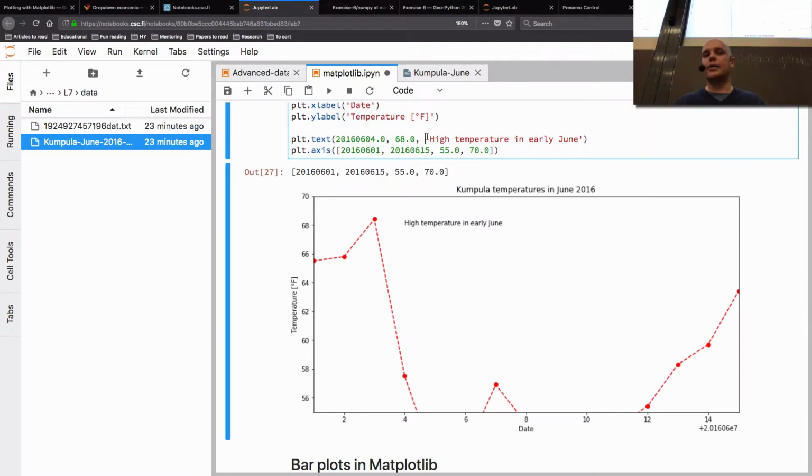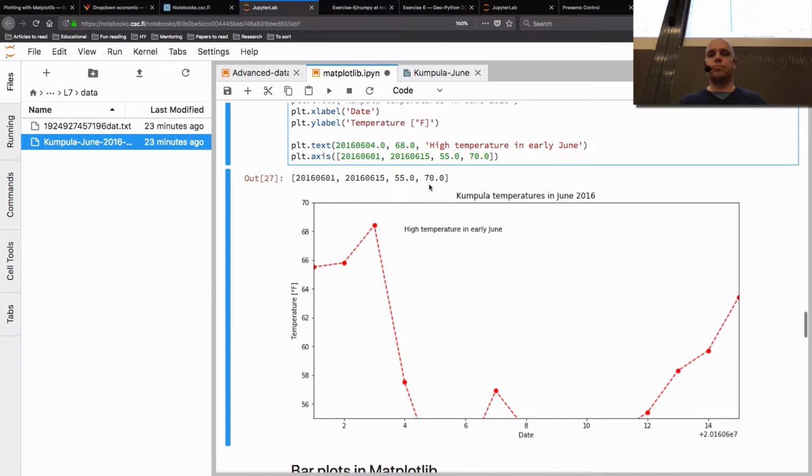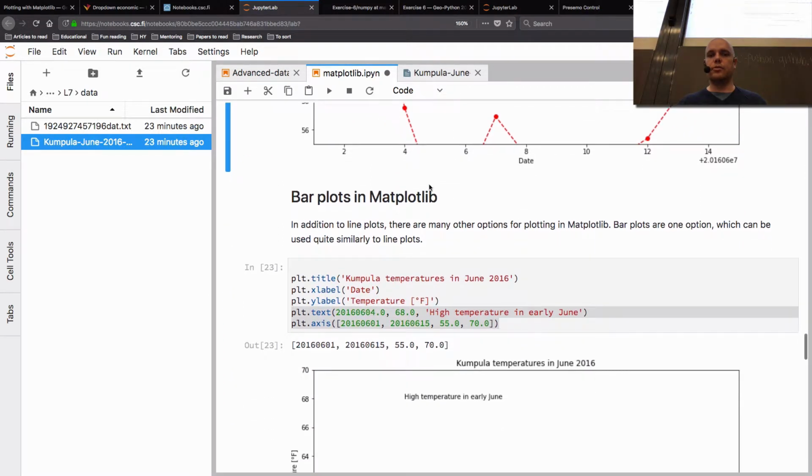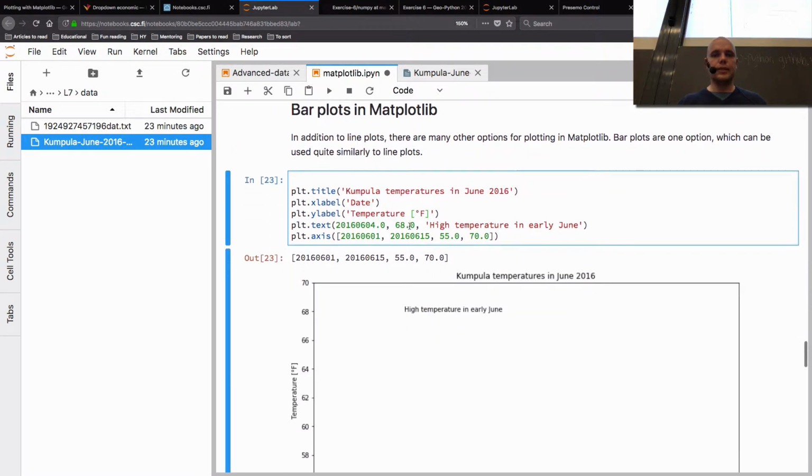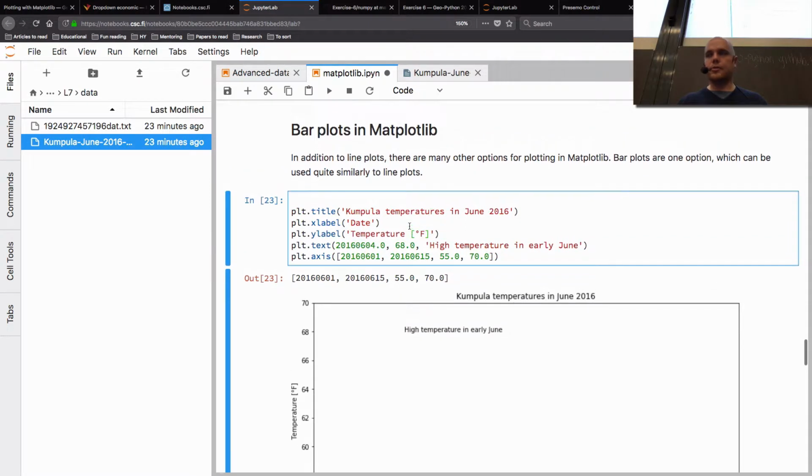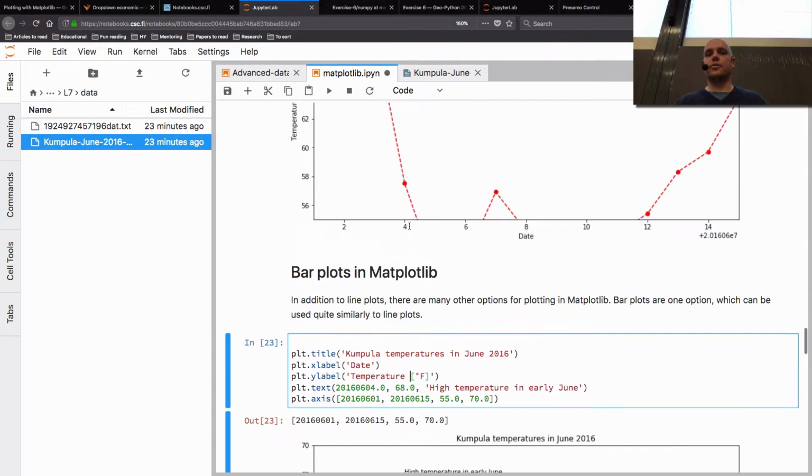So this can be quite a handy function to limit the area that you want to show to the person who is looking at your figure. Of course, these line plots are not the only kind of plots that are available. So we can also do, for example, bar plots. But before I go here, is there actually a question about